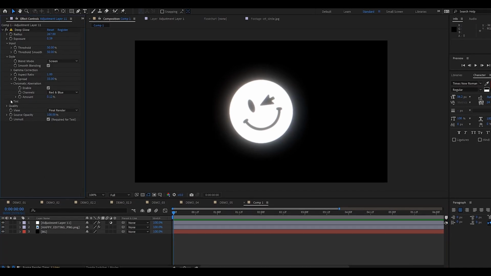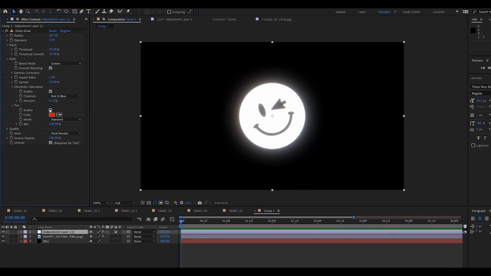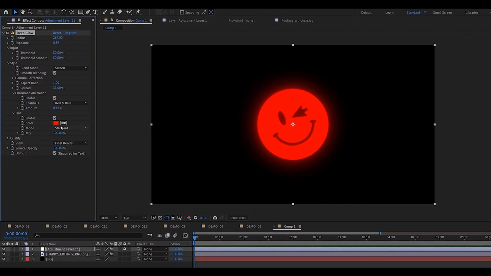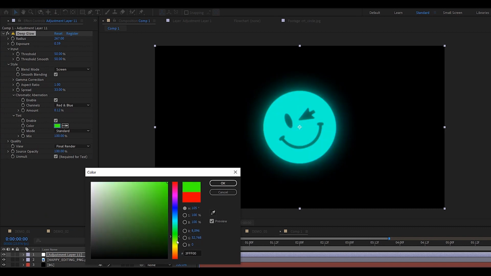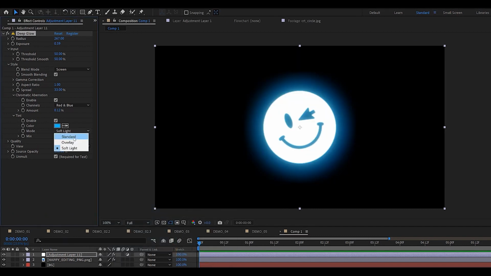You can also use the tint section to add a color to your glow. Just click enable, pick a color, and you've got something that feels completely different once again. I also like to switch the mode to soft light and to lower down the mix values to get a more subtle effect. Deep Glow has honestly become an absolute go-to for me whenever I'm working inside of AE,